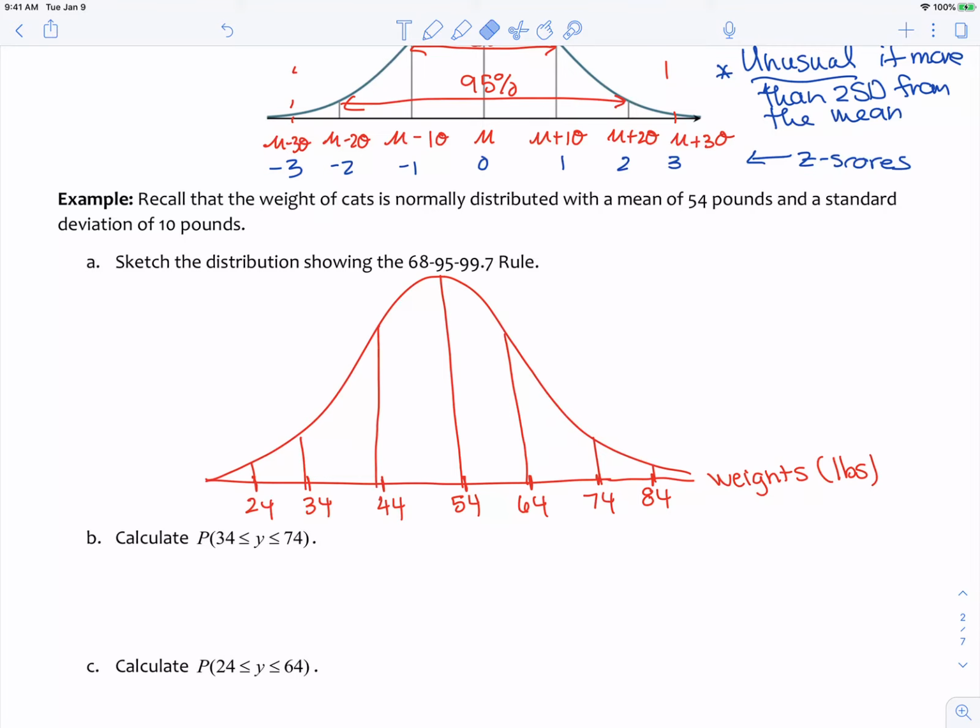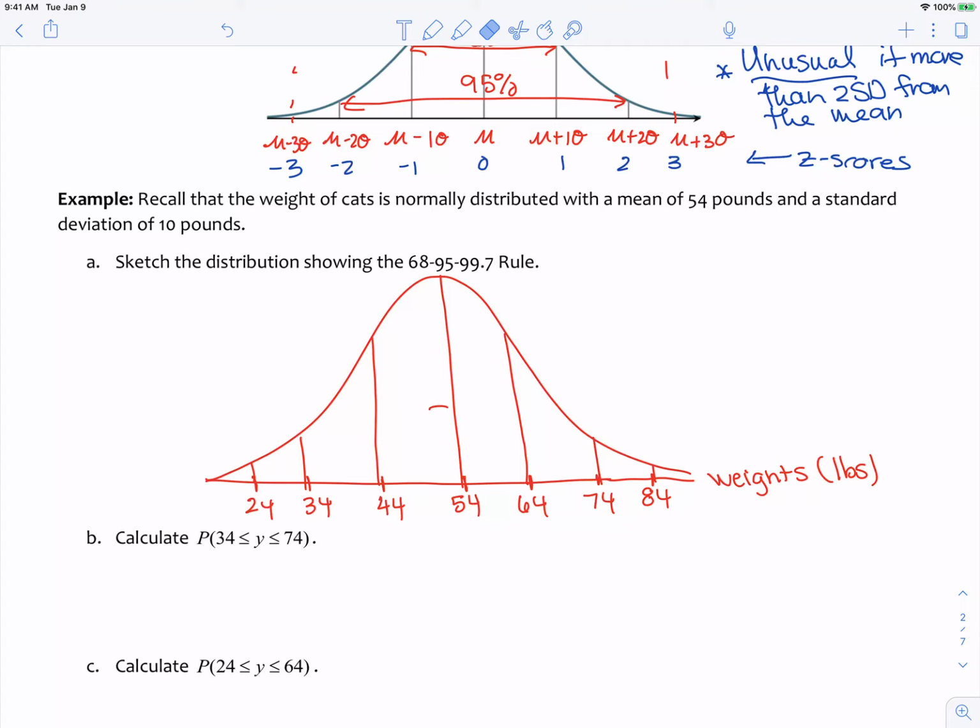Now what you're needing to show for the 68, 95, 99.7 rule is really just these general statements that between here and here, we're going to have 68% of our data. Between here and here, we're going to have 95% of our data. And between here and here, we're going to have 99.7% of our data. But what I want to do in here is just give a little bit more detail to that. So in terms of these frequencies,